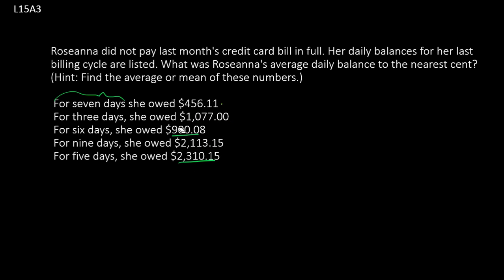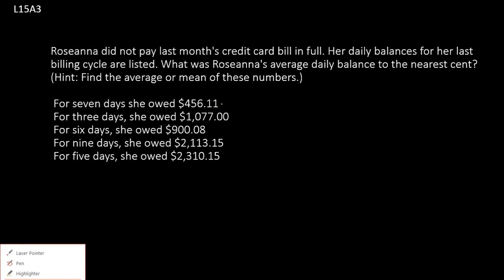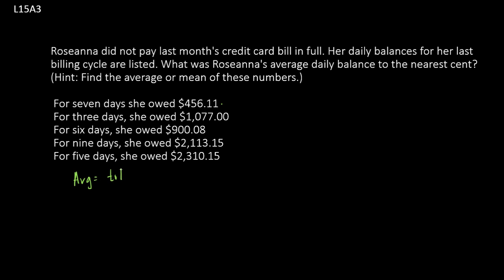So here's what we'll do. We'll say, okay, an average is just equal to a total divided by number of whatever. So in this case, we're talking about days. So we're going to take the total and divide by the total number of days. So to do that, we have to account for each of these balances. So here's what we'll say. We'll say our average is equal to